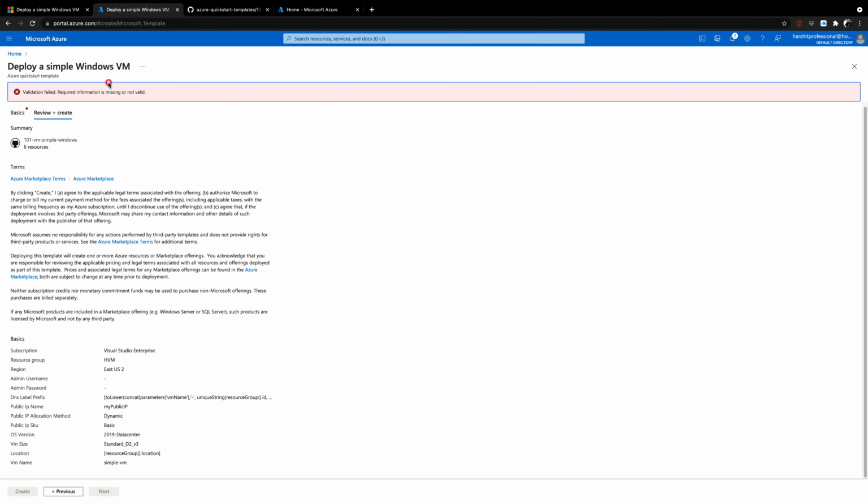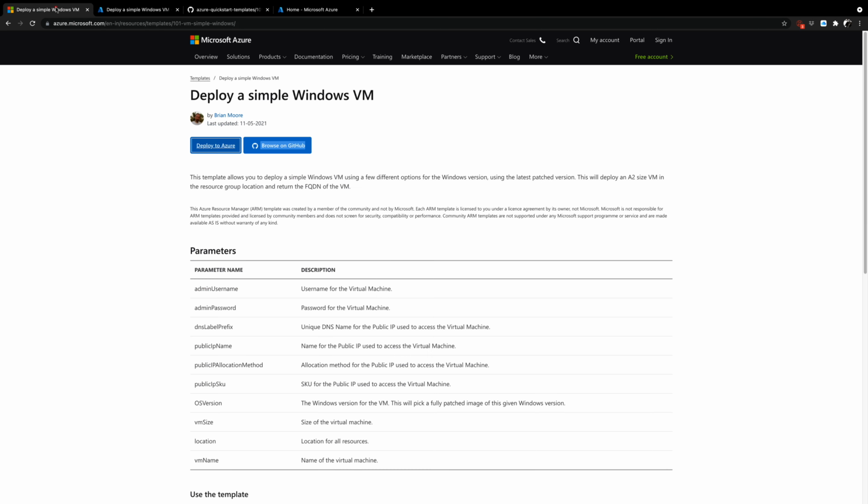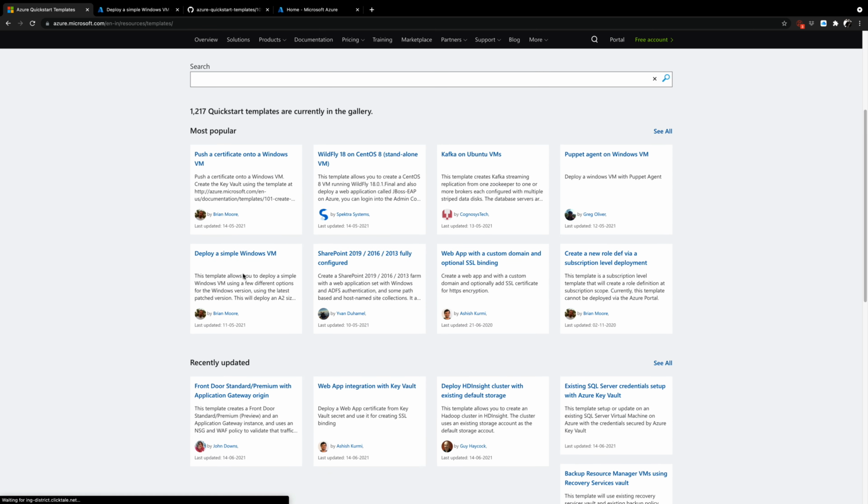Okay, no problem. So right now I need to go back and let me just check where. Oh wow, admin username. Yeah, you need to give that. I mean, you get my point, right? If you provide this information, all other things are automatically set up and you can simply create the VM quickly, correct? And that's exactly from the template, the website, from the Microsoft Azure, or you go to GitHub